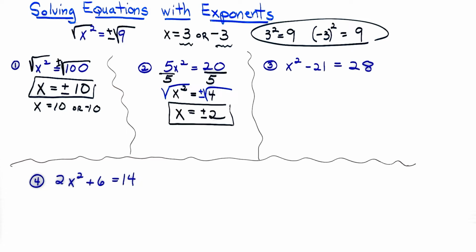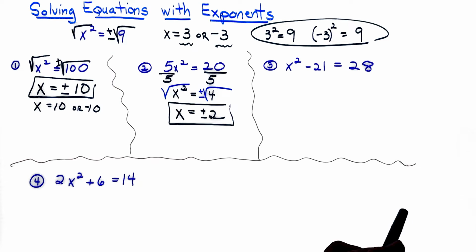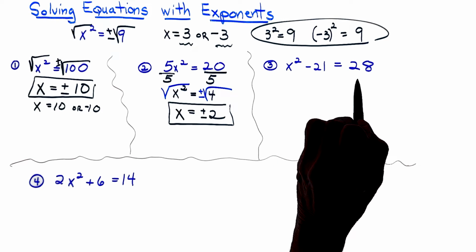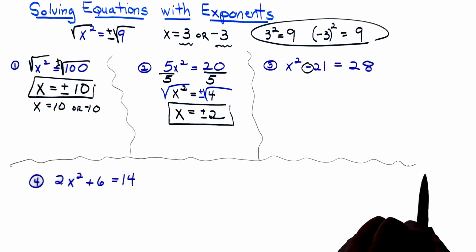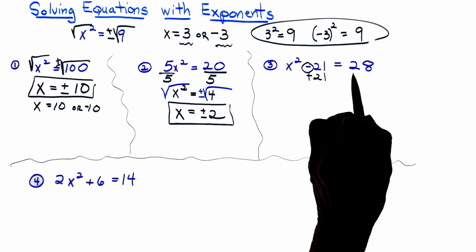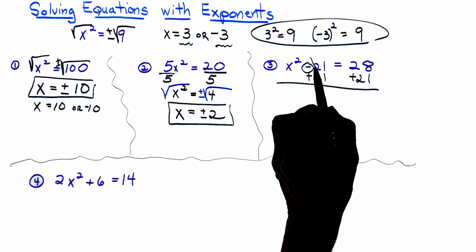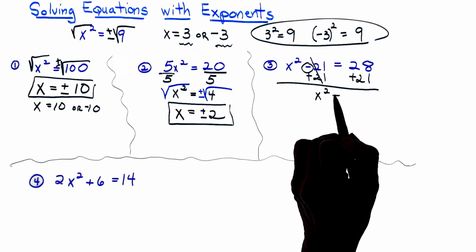All right, let's look at number 3. So this time we have a different step. Again, remember, we must get our x squared alone. So in order to do that, I've got to go ahead and move the 21 to the other side. So I'm taking this subtraction sign, thinking of it as a negative sign, and I'm going to add 21 to both sides of the equation. This cancels out, that was our goal, so we end up with x squared is equal to